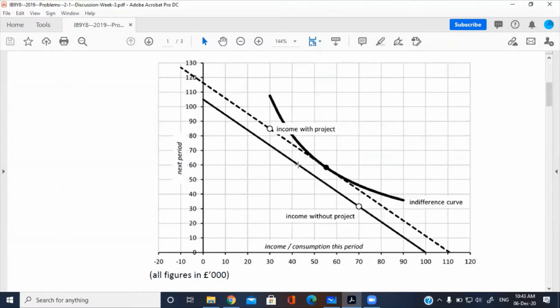Now, if it is optimal, and your income level is here, the current income and the future income represented by this point. But if it is the optimal point, what you need to do to go from this point to this point is make savings, or you need to make borrowing.